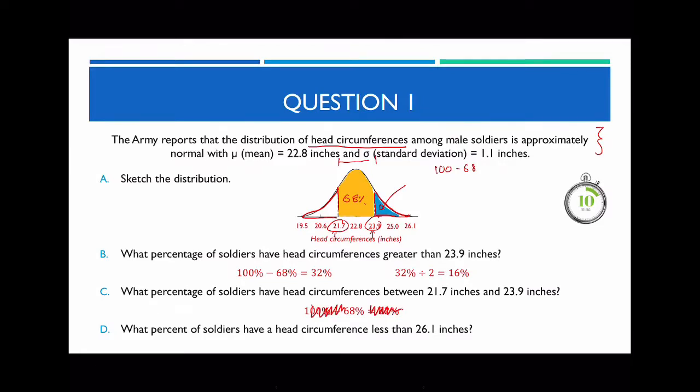And for part D, what percentage of soldiers have a head circumference that's less than 26.1? So you're pretty much trying to find all of this shaded area over here. That's what you want to find. And in order to answer that, we know that since 26.1 is 3 standard deviations away, I'm going to go 100 subtract 99.7%. If I do that, that gives me 0.3%, and